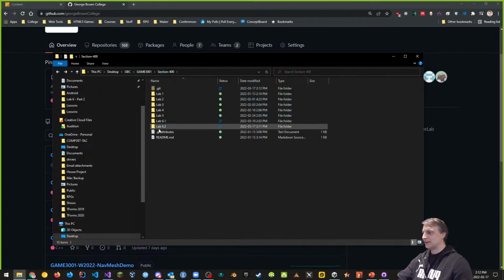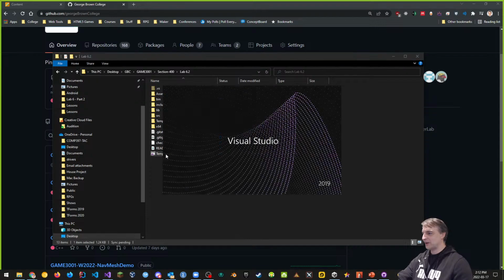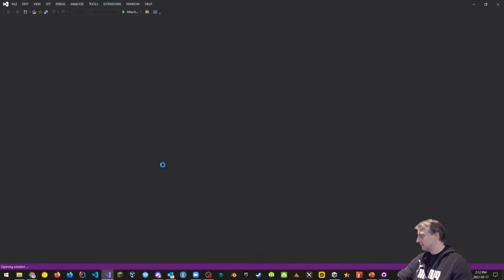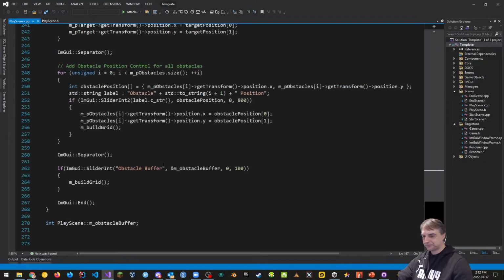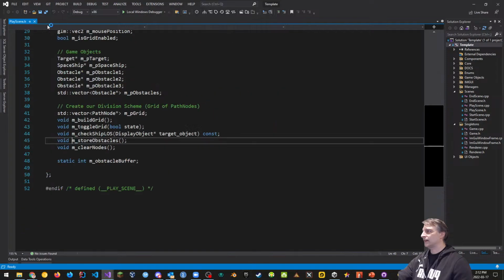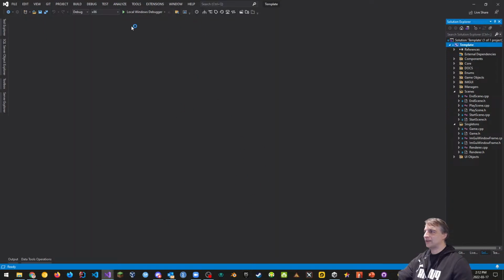So what I'm going to do is launch that lab 6.2, so we're going to keep going. I'm doing this so that you guys have a track of which lab we're on. And let's always check to see how we've been doing from last day. So I always want to recompile and check to see what we got going on. That's the main thing that I want to do. There are a whack of changes that we're going to get to.